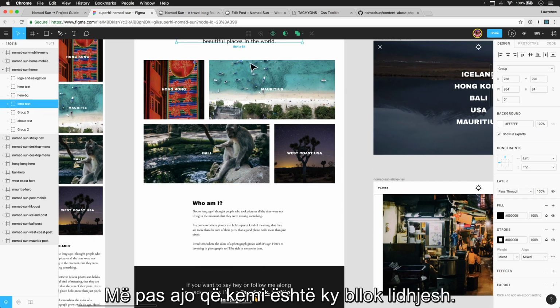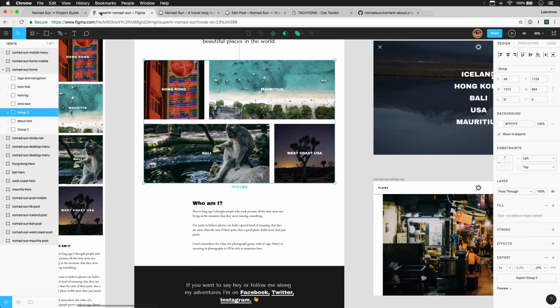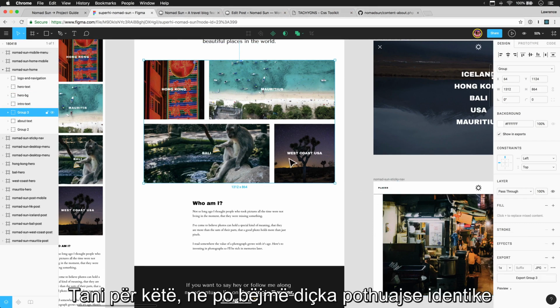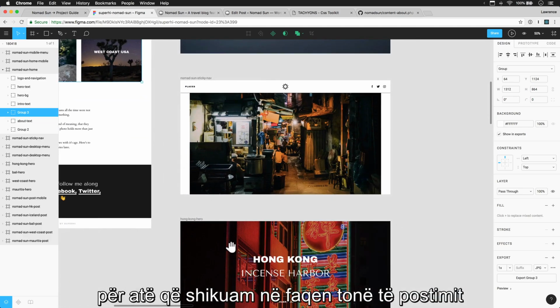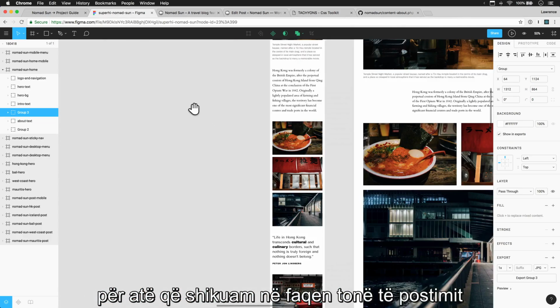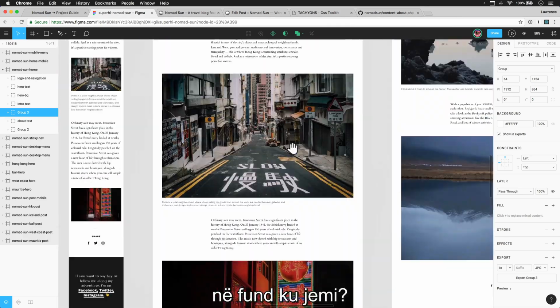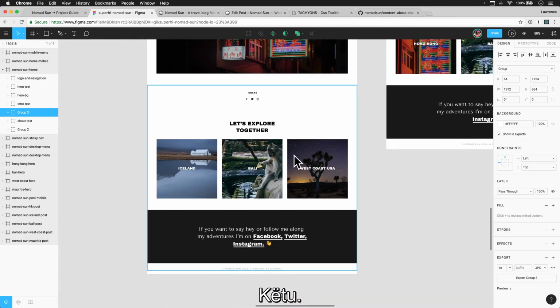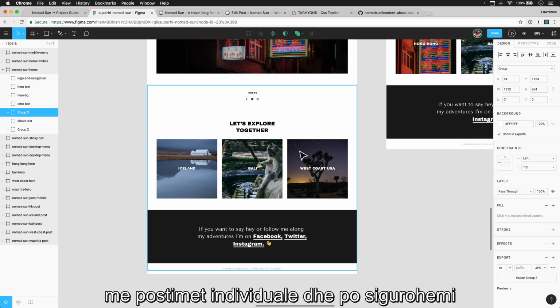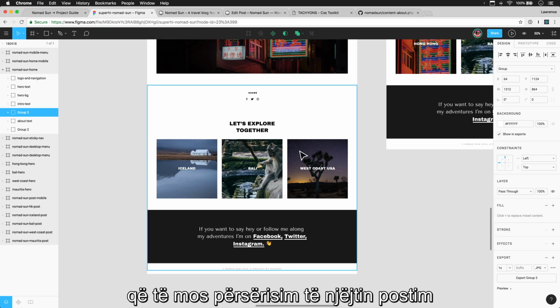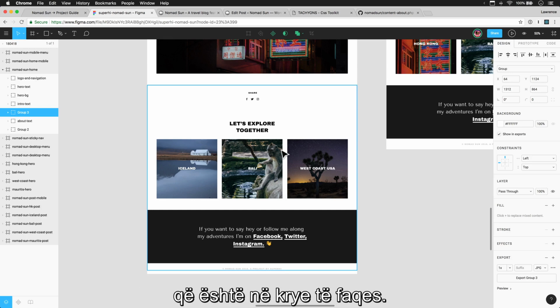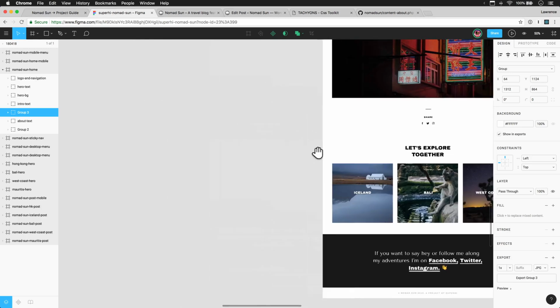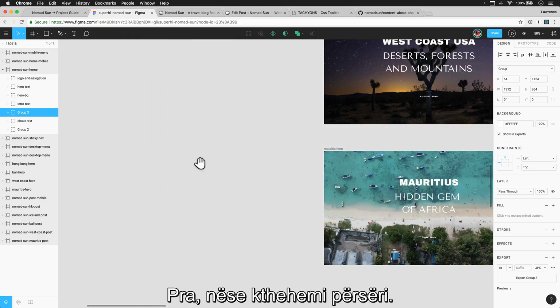Next up, what we have is this block of links. Now for this, we are doing something almost identical to what we looked at on our post page at the bottom. Where are we? Here. Same idea applies. We have these boxes which link to individual posts, and we're making sure that we're not repeating the same post that's in the top of the page. So if we go back over,